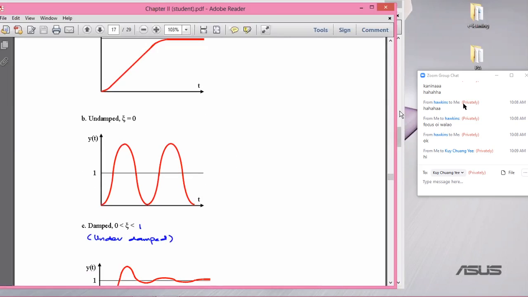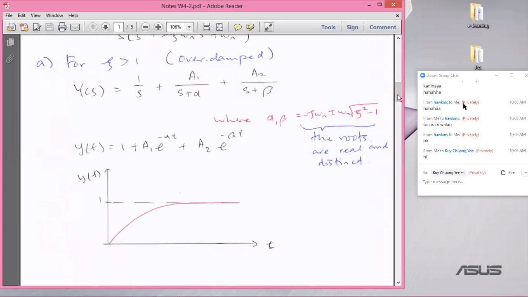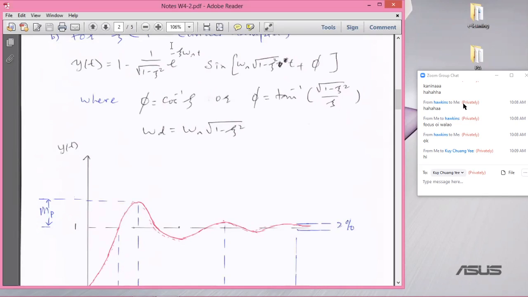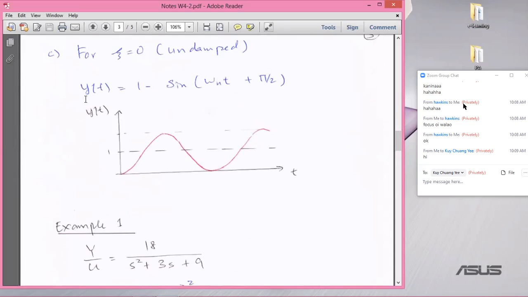Oh, okay. There is one more case. See, when zeta is exactly equal to 0, everything will reduce to just 1 minus sine of omega n t plus phi. If you substitute zeta equal to 0, everything is going to be simplified. When zeta is equal to 0, this is called the undamped case. So when you substitute zeta equals 0 into the long equation, it just reduces to this simple trigonometric